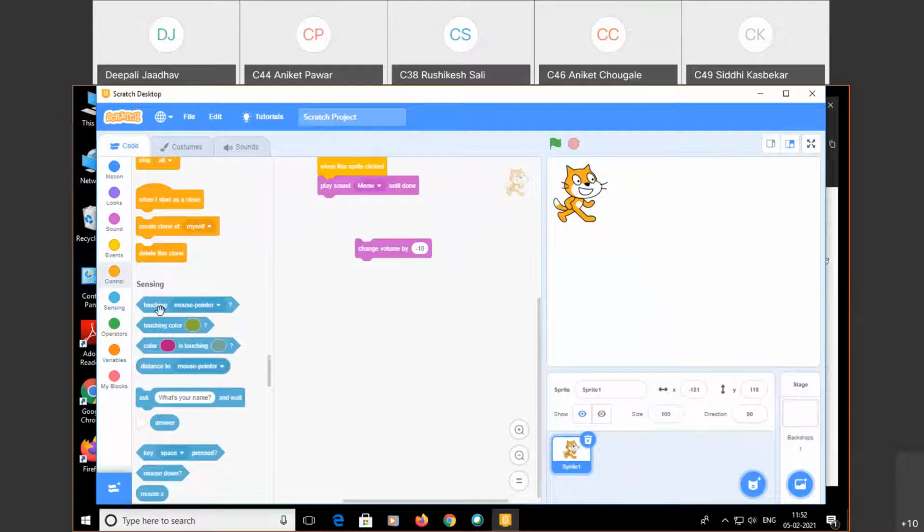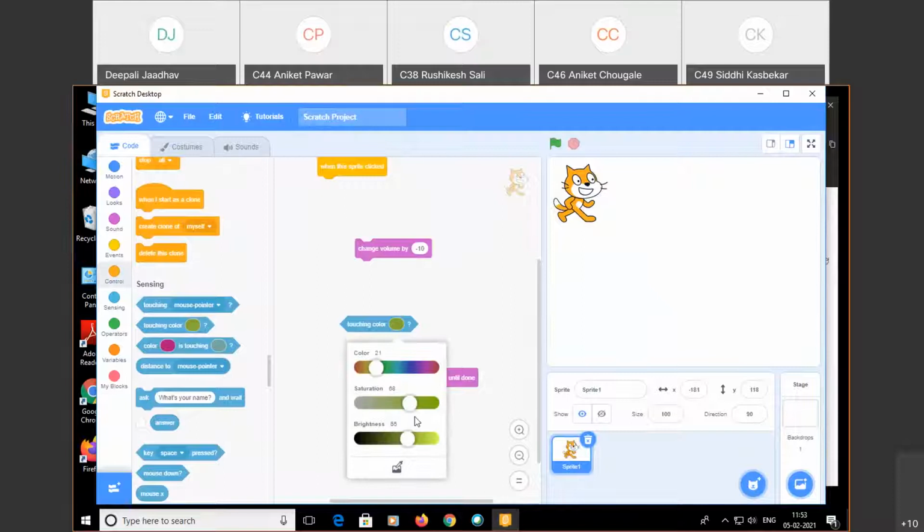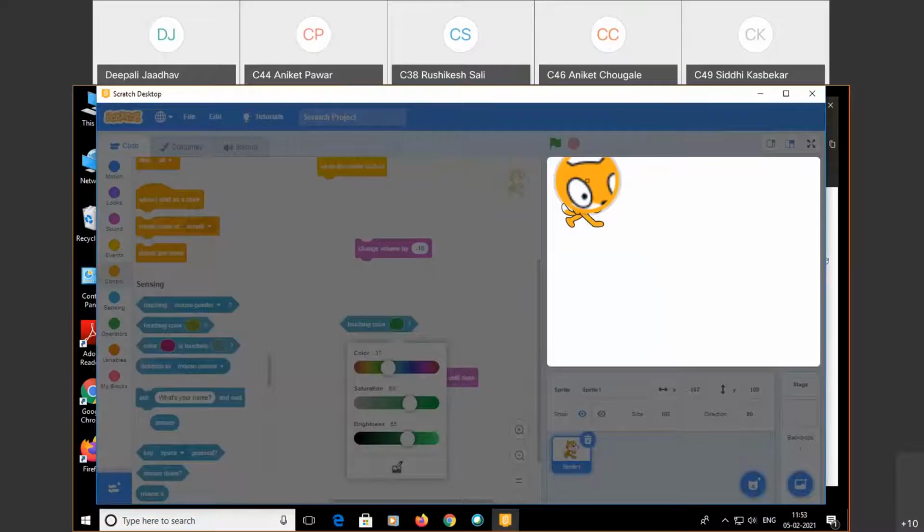Then sensing. When touching the mouse pointer, execute the command. So that is touching. You can use touching with a particular color, meaning when this color is touched, it executes the particular command. When touching green color, different colors you can also use.